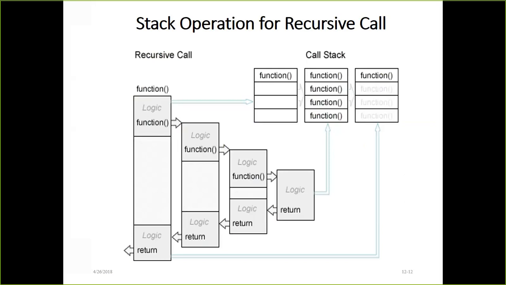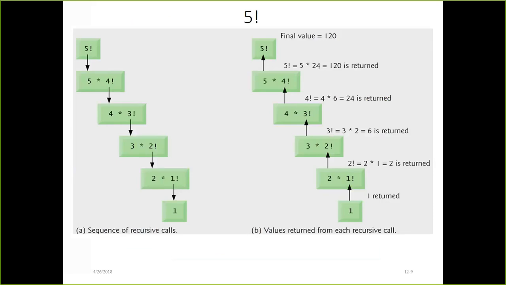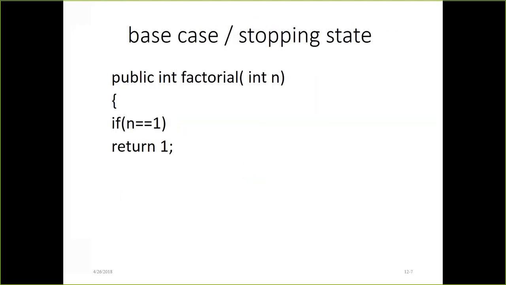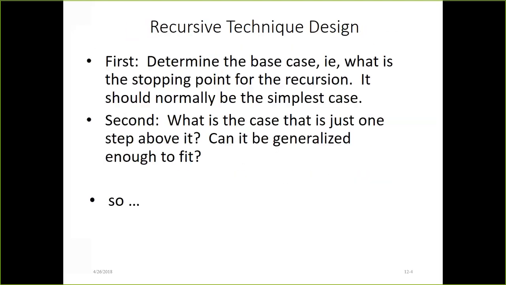You see, this method is coming back and forth, coming back and forth. Actually, this is an operation of recursive call. How does a recursive call work? For instance, if we compare this factorial 5 call, factorial 5 is actually 5 times factorial 4, then 4 times factorial 3. Then what happens?